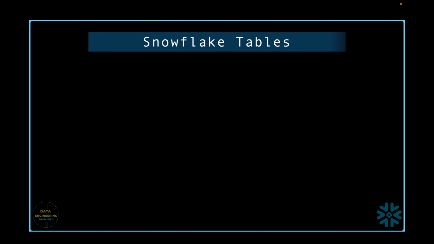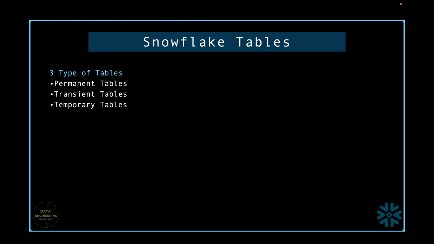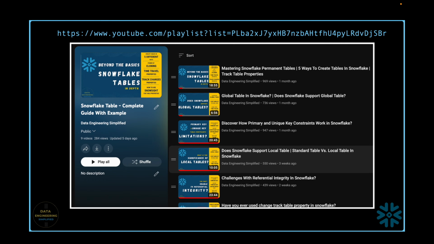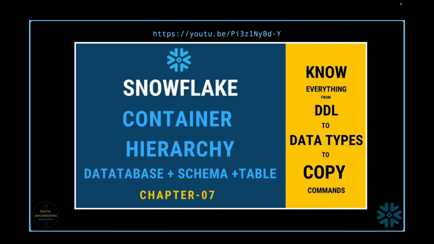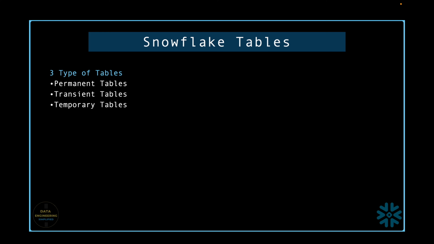In Snowflake, we can create 3 types of tables: permanent tables, transient tables, and temporary tables. If you are interested in going deeper into Snowflake tables and their features, you can explore the playlist or watch this hands-on video tutorial that covers everything in detail. Permanent tables lead to higher storage cost if not designed correctly, as they support two powerful features called